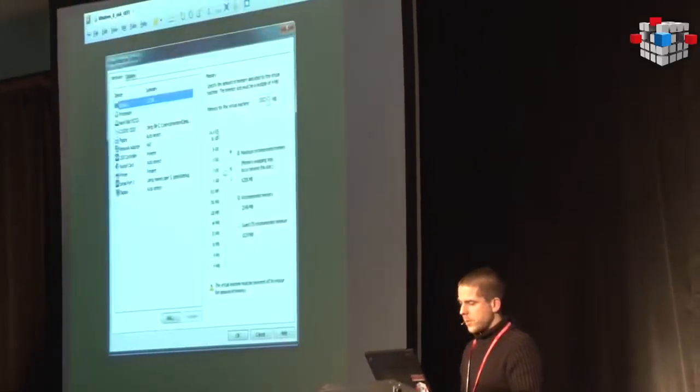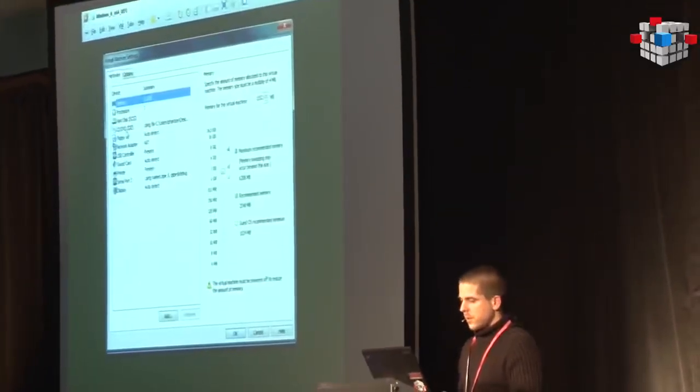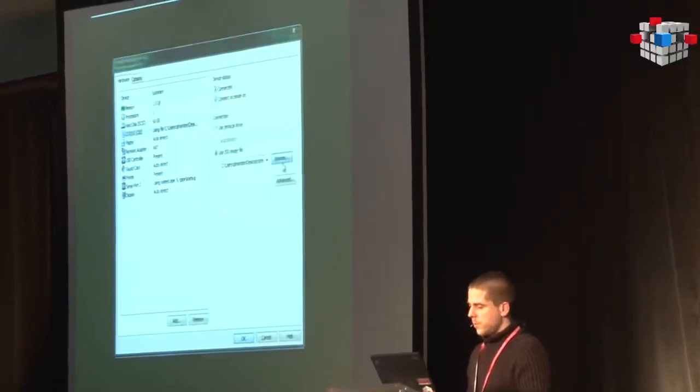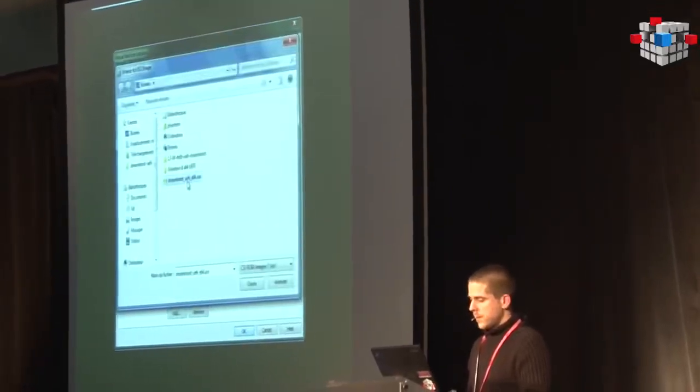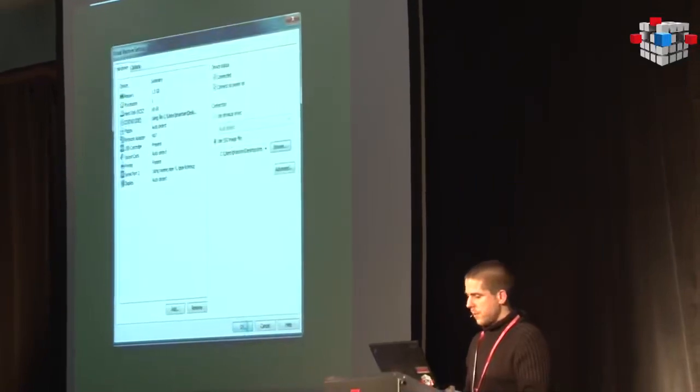In my virtual machine settings, I have the Dreamboot ISO, which is there. Okay.